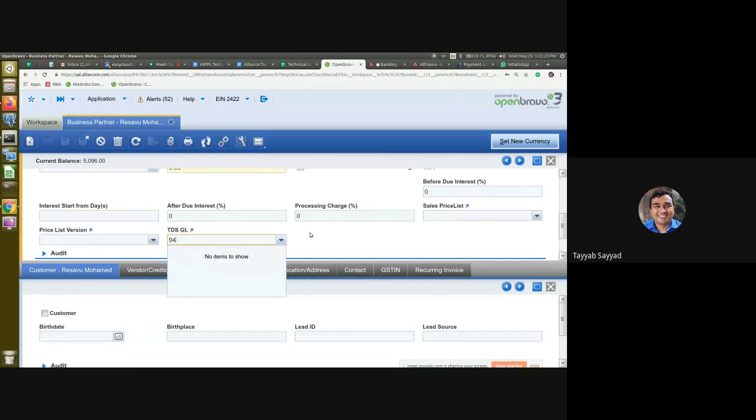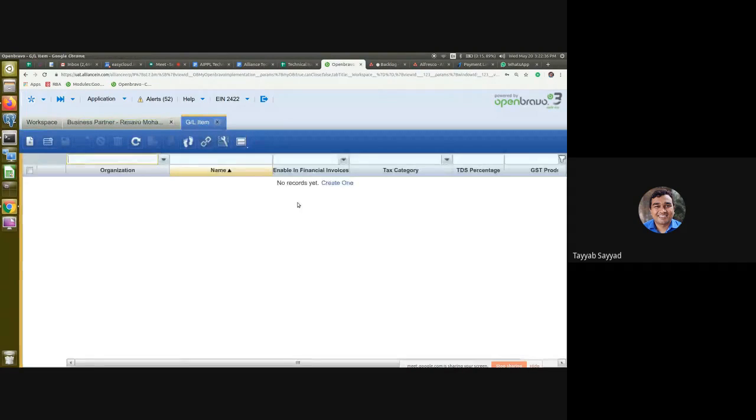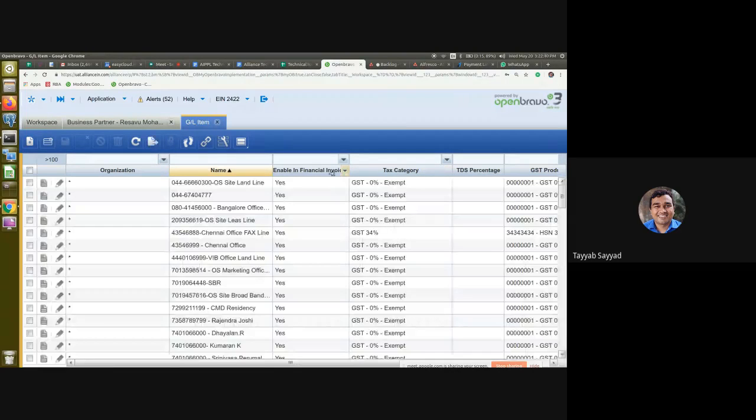They will link those TDS sections to this business partner with the same percentage. If I create the TDS ledger in the system, the same will be referred to by the account team also.